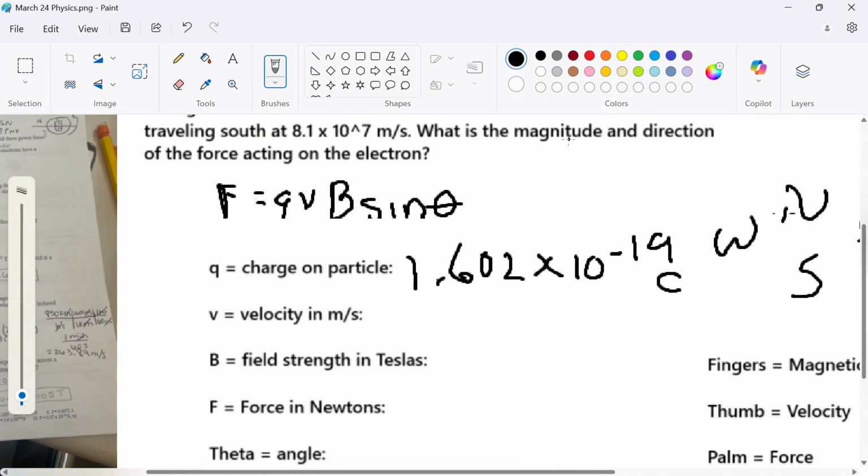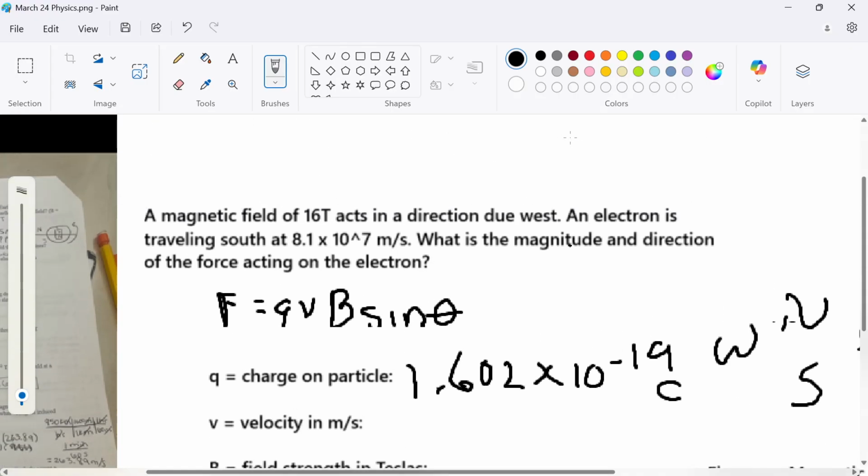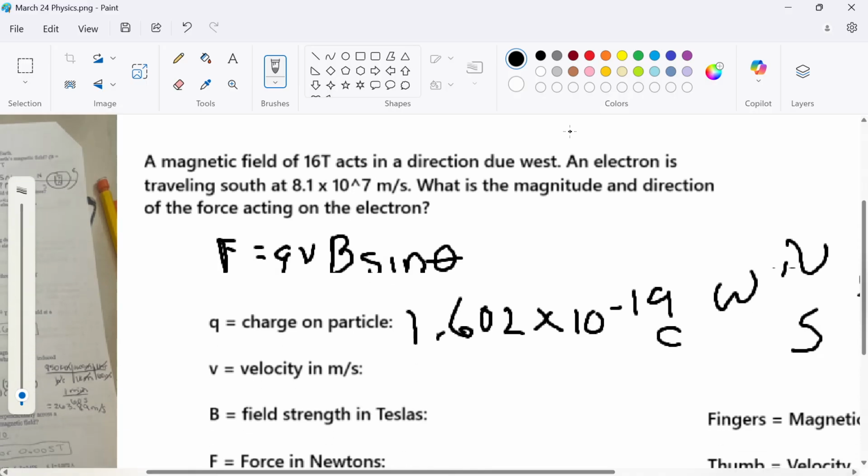Force equals QV times B sine theta. Q is the charge on the particle. This is an electron, and I've written the question here. An electron, it's actually negative 1.602 times 10 to the negative 19th coulombs, but the magnitude of the force is absolute value, so the signs aren't going to matter. V is the velocity, 8.1. I'm using 8.1 times 10 to the 7th